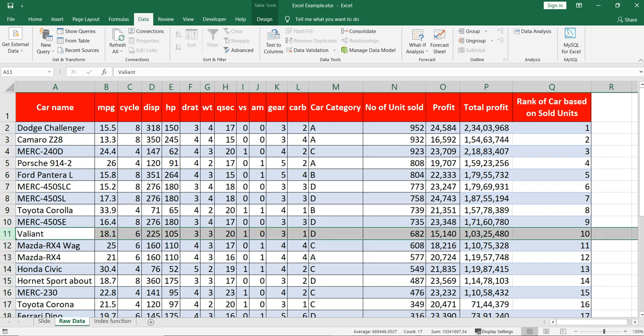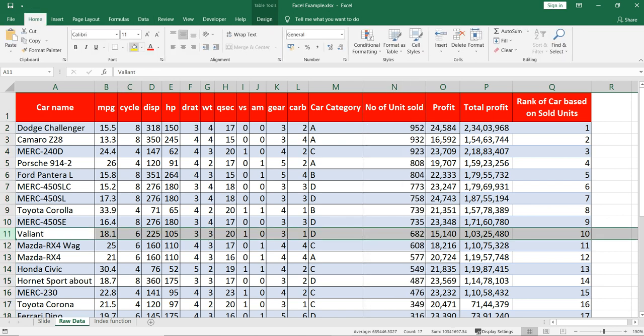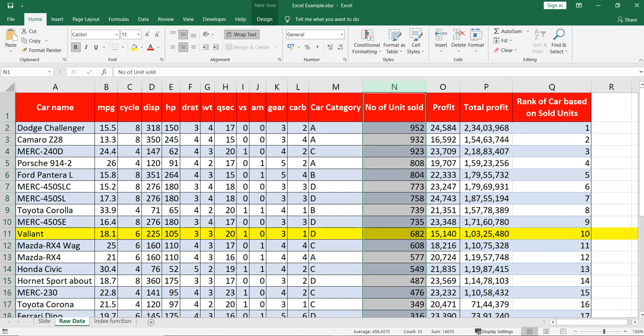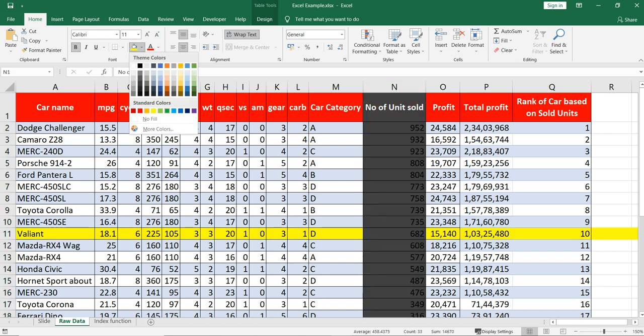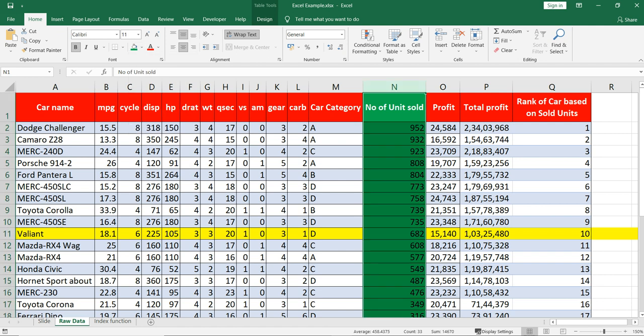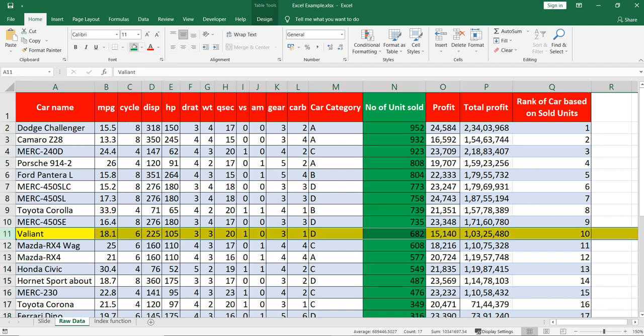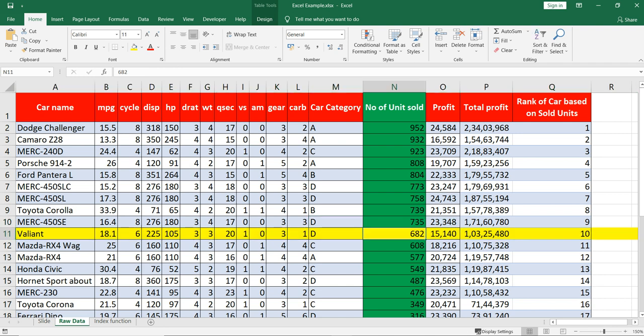So if I highlight this row, you will see that there is only one value, 682, at the intersection between this row and this column.